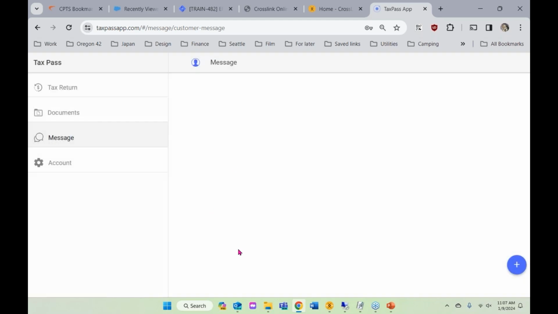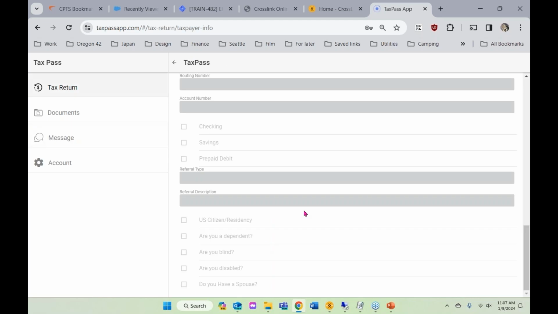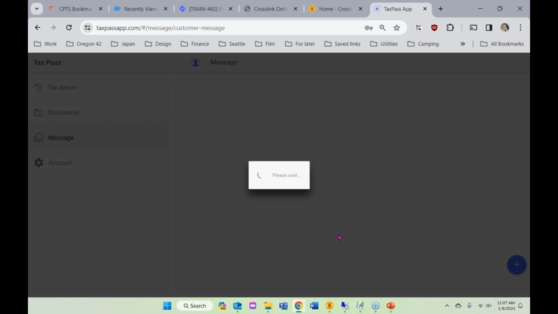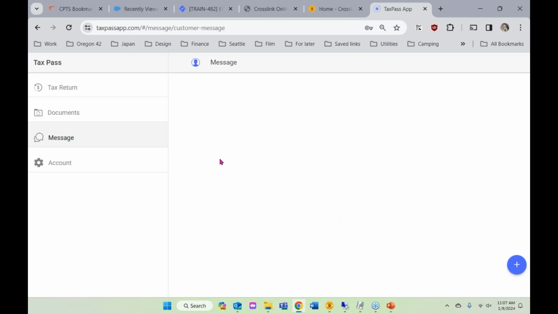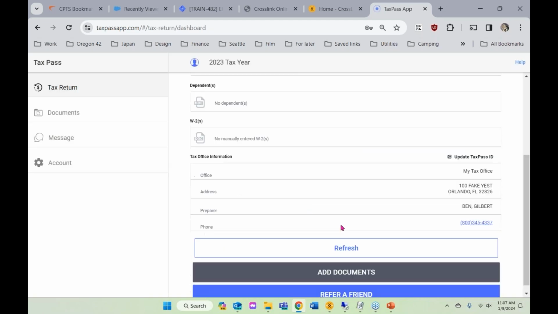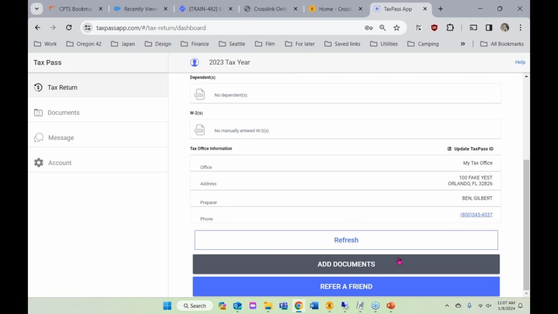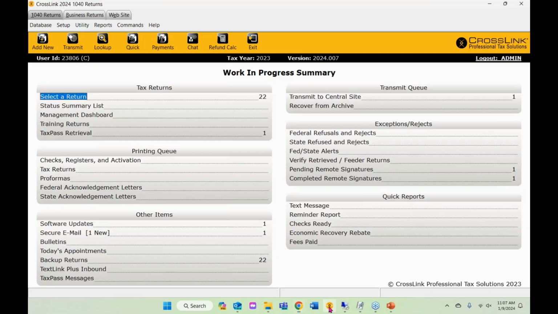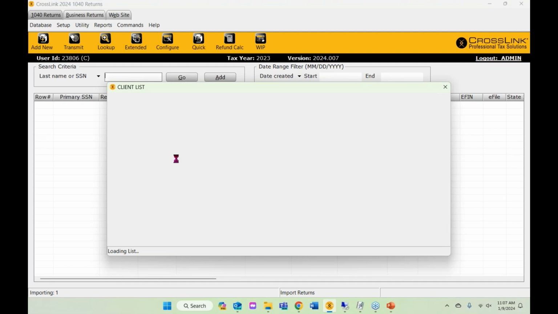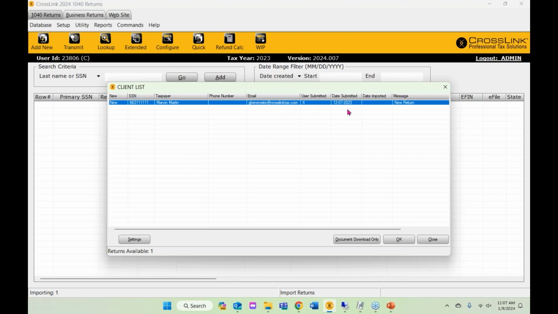And then once they add all this information, the last step is to submit the info. There's a button here to submit the information. There's a button towards the bottom here to submit. And then once they submit information, you can go into your software and retrieve it through this TaxPass retrieval. Here's an example. There's that taxpayer that was submitted. If I open this up,